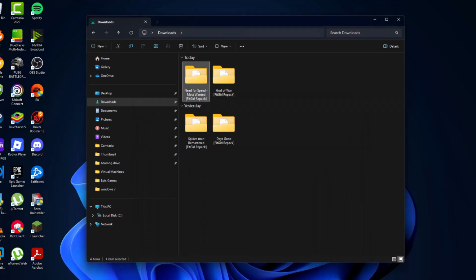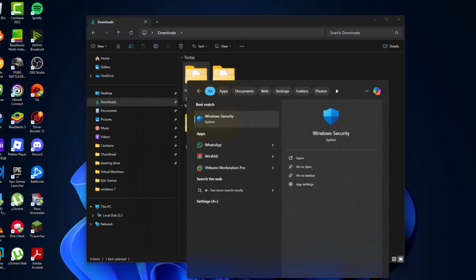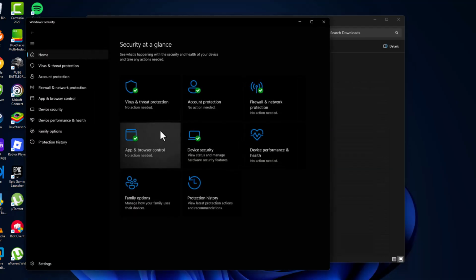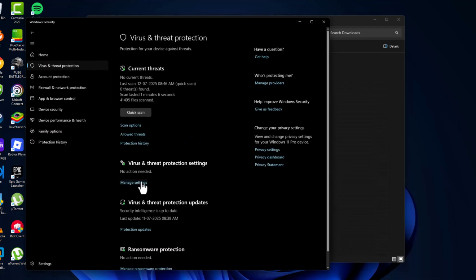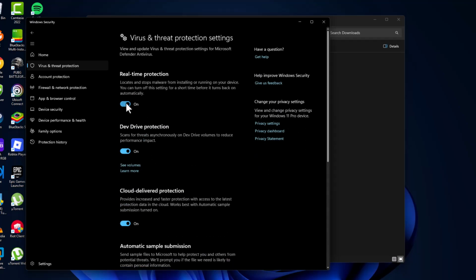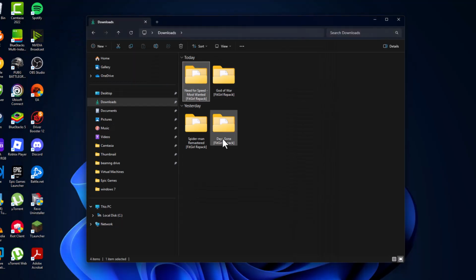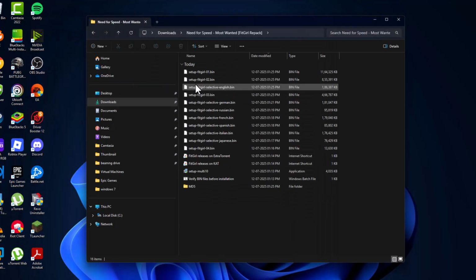And then go to the search menu and type Windows Security. Click on open it. Select virus and threat protection. Select manage settings, turn off the real-time protection and select yes. After turning off, just minimize this page, double click on the setup folder, double click on setup and select